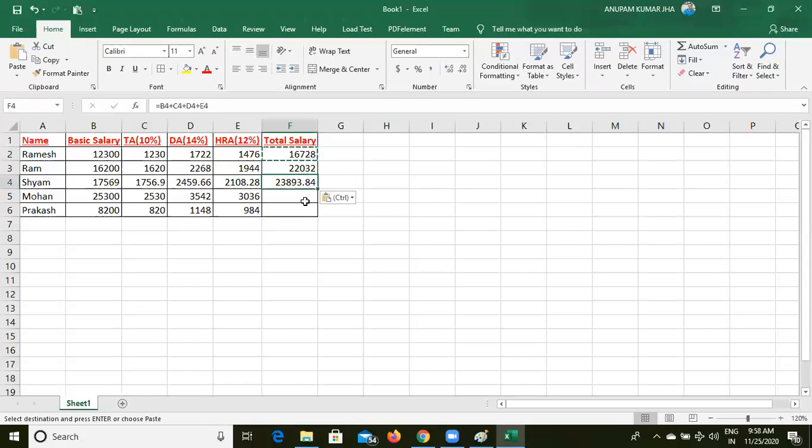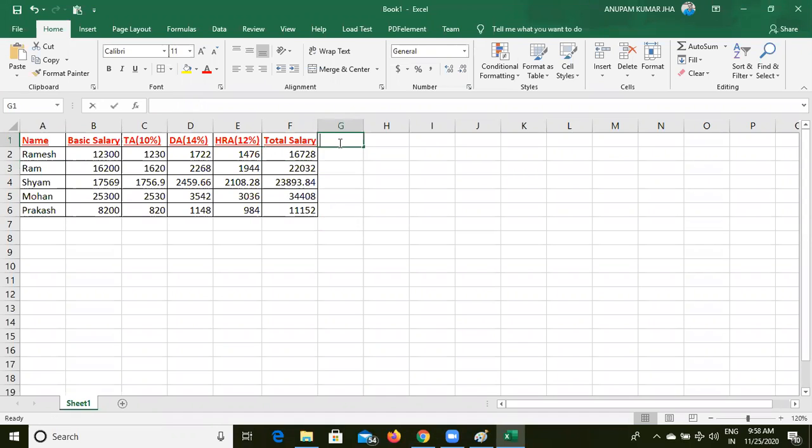Not a problem. See, formula is same. Formula got copied here. I have written different formulas here, different B2, C2, D2, E2. But here I am going to copy and paste, then automatically the formula is going to update according to the cell address. Here also, according to the cell address, automatically the formula is going to update. Now this is the total salary.